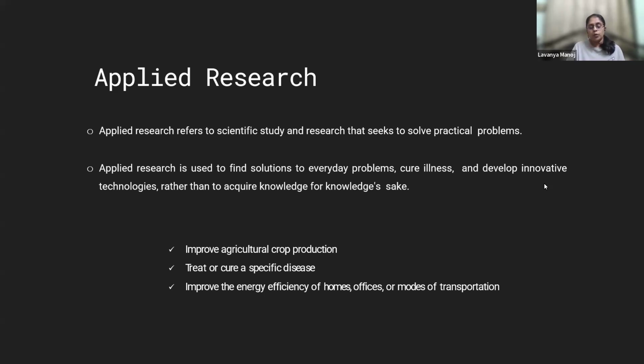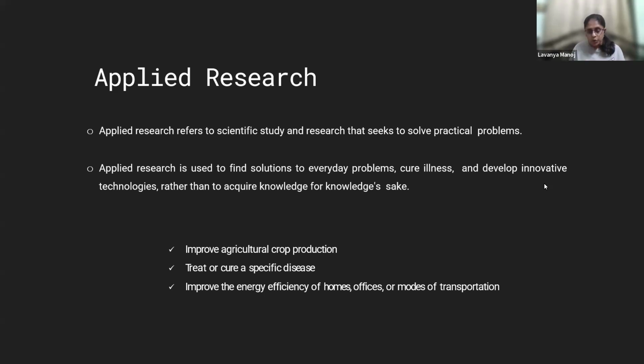No one worried about what protons, neutrons, and electrons are all about. No one had any idea, or was interested in, which was the first organism on the earth. All their minds were focused on what is the cure to the disease, and what are the ways to prevent this disease from affecting us. So this comes under applied research.